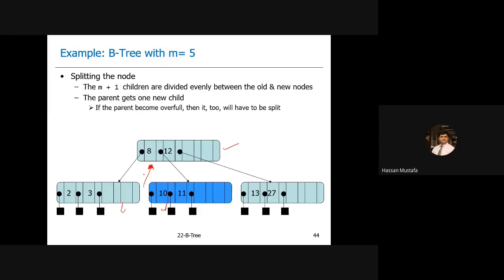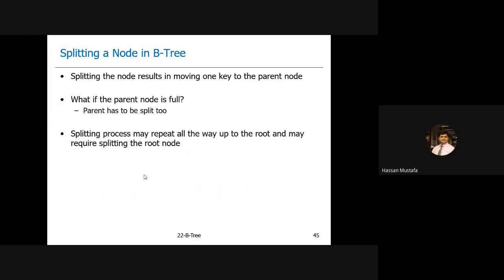Okay, so let's discuss another scenario. As we see, when we split the node, we move one key upward, and if the parent is full, we split that parent too, and this process can go all the way up to the root node. So it means that when we search the key, we performed a downward pass in the B tree. And when we inserted the value in the leaf node, we split this node, and then we need to perform this split all the way up to the root, which means that we now have two passes